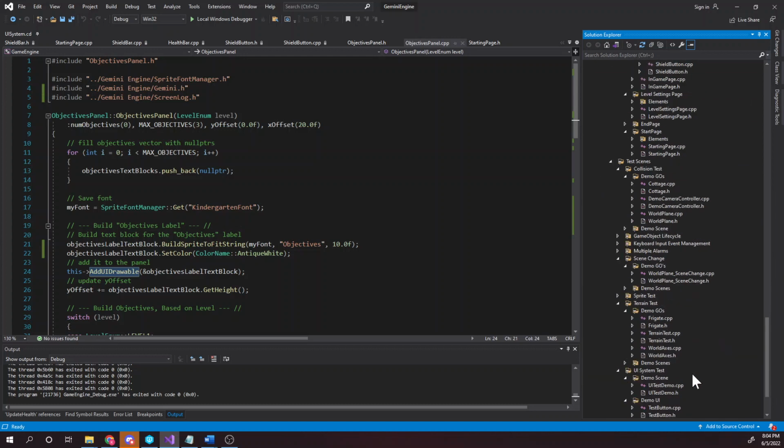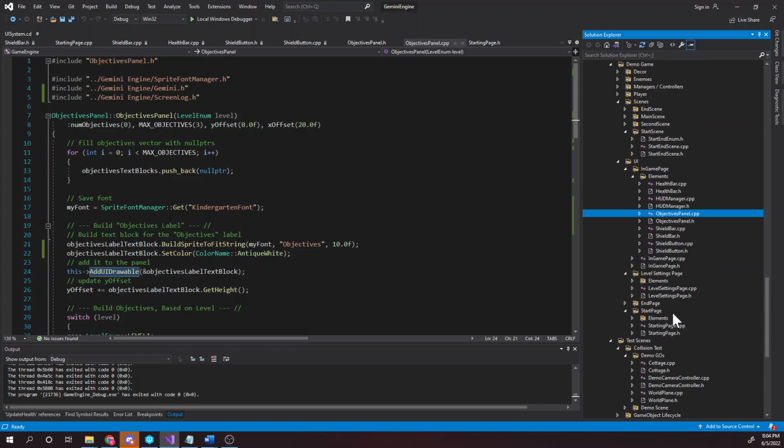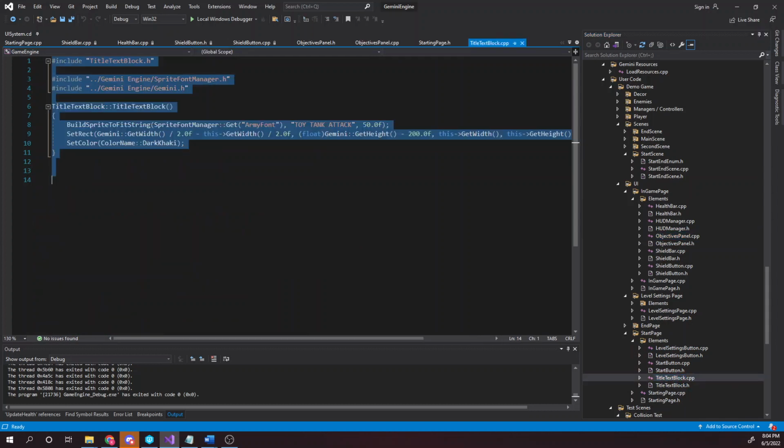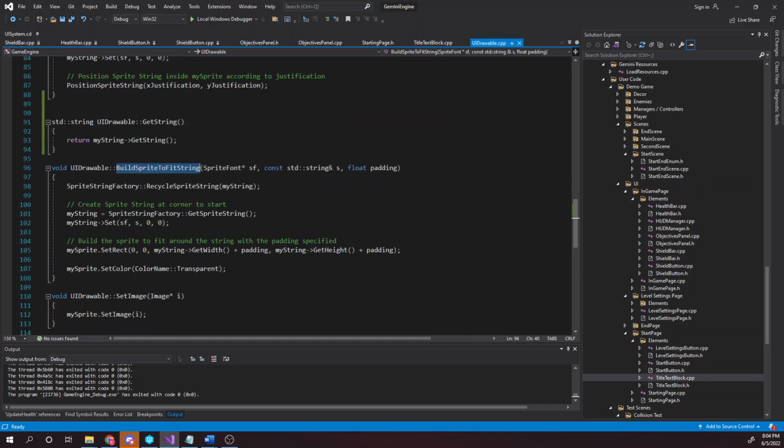Something I noticed was that a lot of the time I just wanted to build a text block around a string. So I made, if I go to my start page, the title text block, I just want Toy Take Cack, and I just want a box around it with some padding. So I made this function called build sprite to fit string, which takes a string and the padding you want and then builds a rectangle around it, and then you can position it wherever you want. So that was helpful. I just get the width of the string